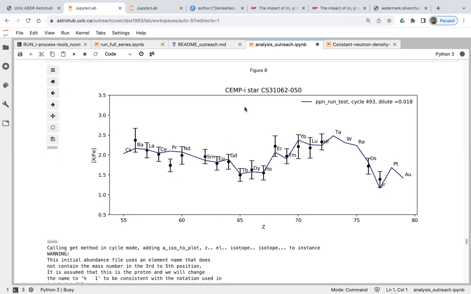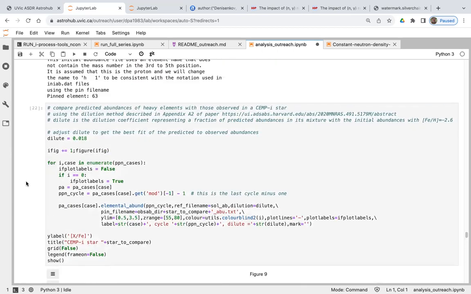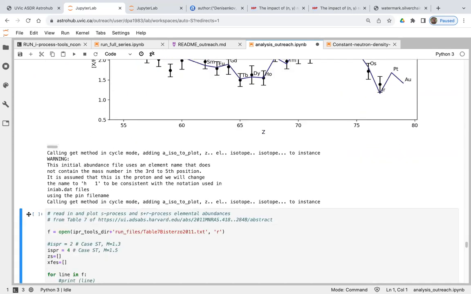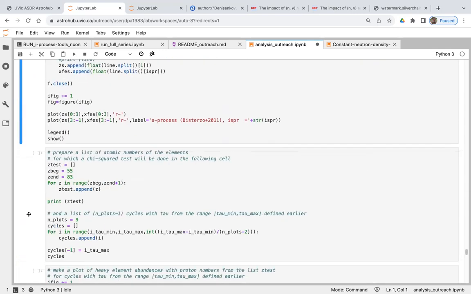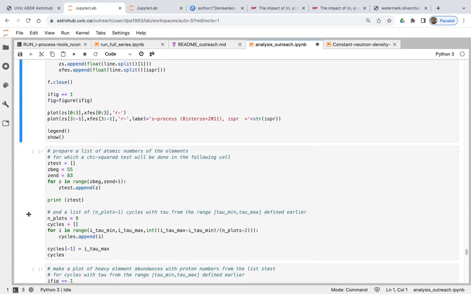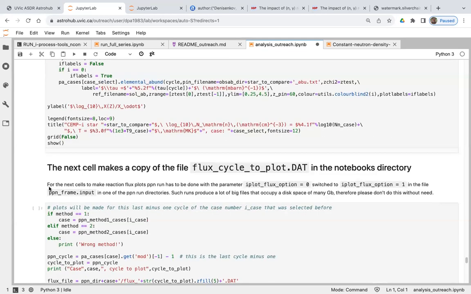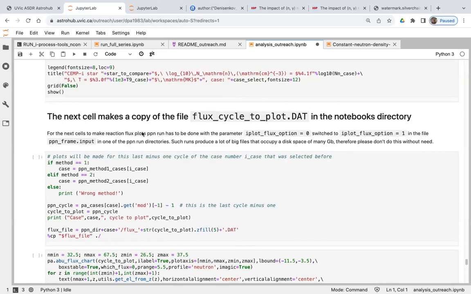Okay, so there is also very good agreement using this method, which is not surprising. Both methods should give consistent results. Okay, so other cells are not that important, except for the very last cells, as this comment explained, they make